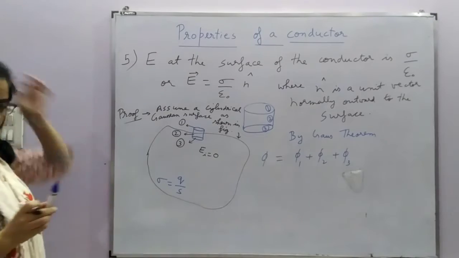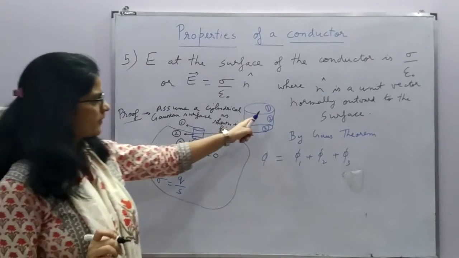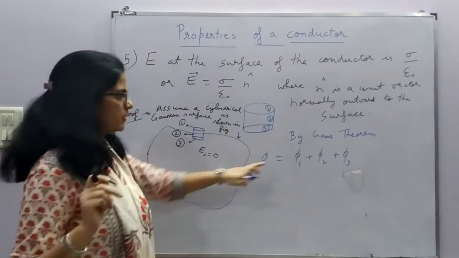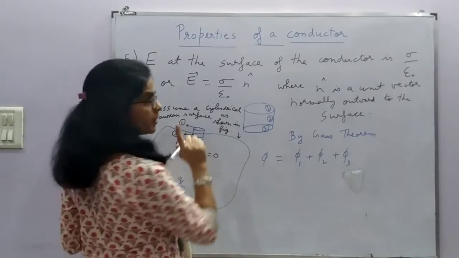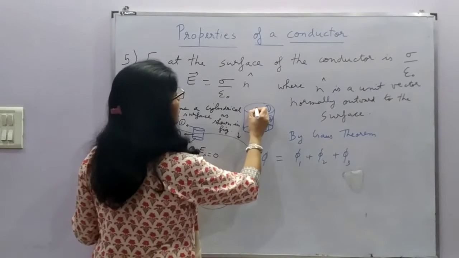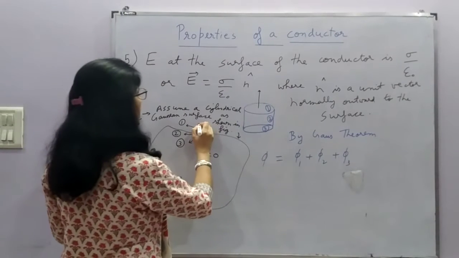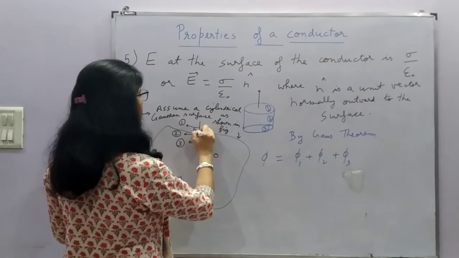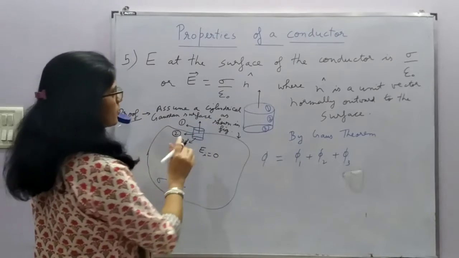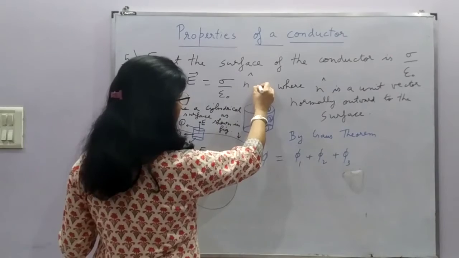In this figure, right? So by Gauss theorem, we have this total flux like this. Now if we look at this diagram, for using this formula for flux, we have to consider the direction of surface area and electric field. Now this is the direction of electric field. We know that the electric field is always normal to the surface, right? So this is the direction of electric field. I am enlarging this diagram here.